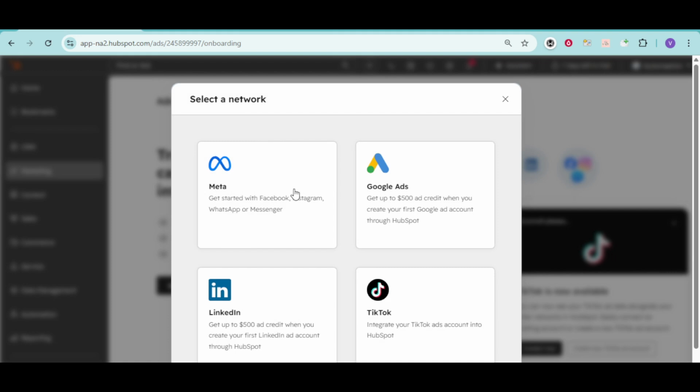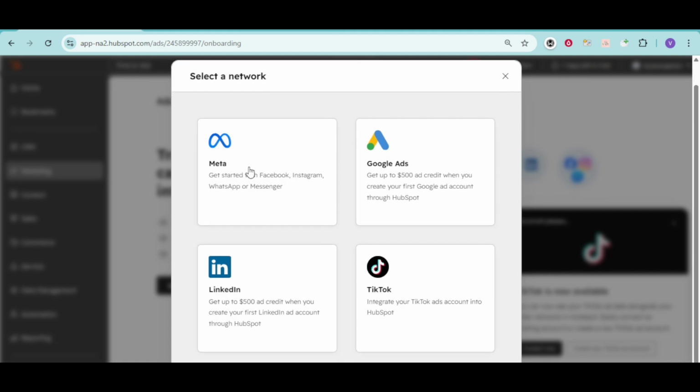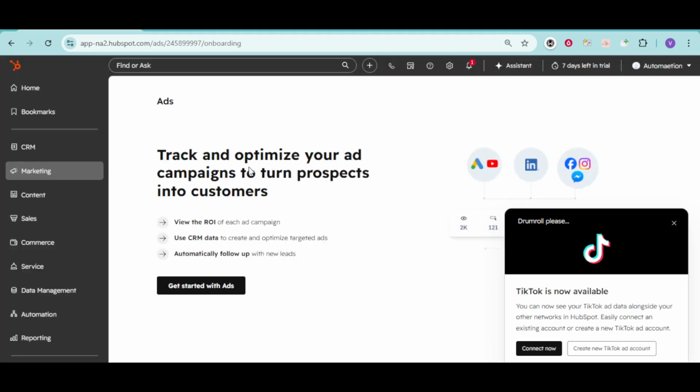Now, a pop-up window will appear. This is where you'll authorize the connection between the two platforms. It might seem like just another login screen, but here's where you need to be attentive. Enter your Facebook login details and make sure you grant HubSpot all the requested permissions. This step ensures that HubSpot can pull in all necessary data from your Facebook ads account, giving you comprehensive analytics